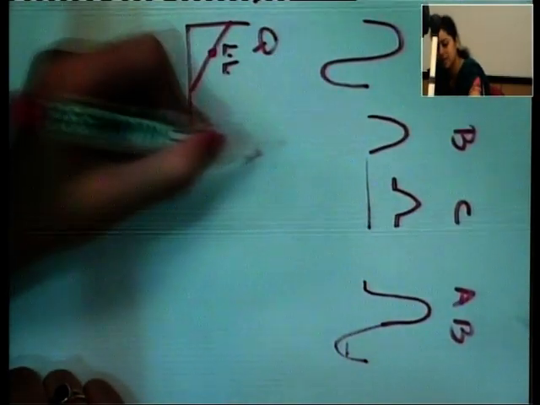The second difference is that of your Q point. For a class A amplifier, your Q point was in the middle of your load line. This is your load line. For class B amplifiers,